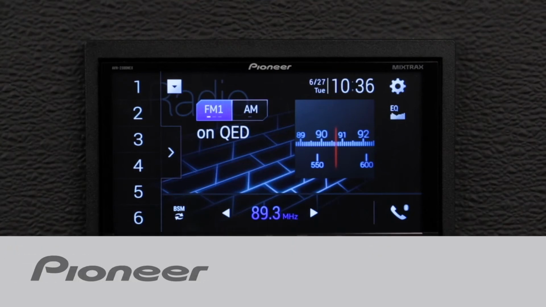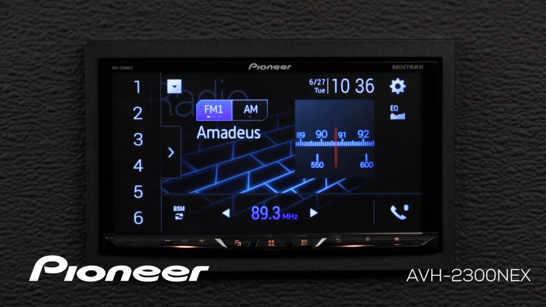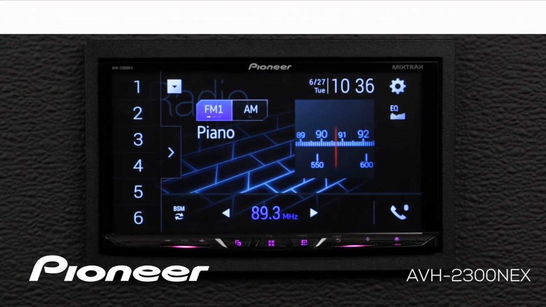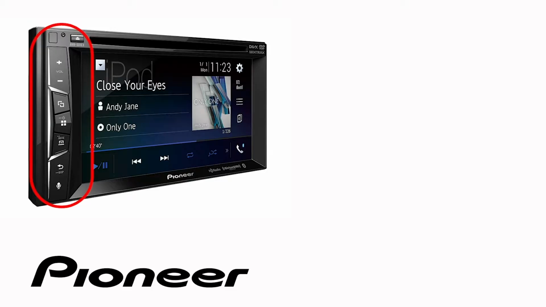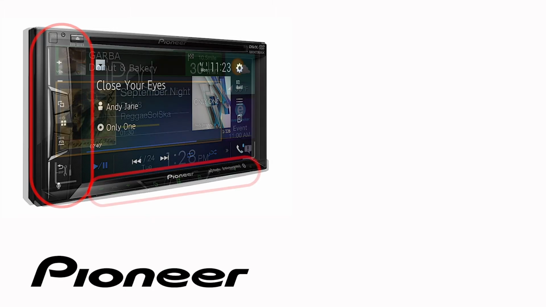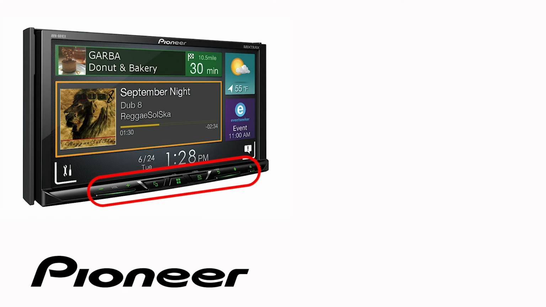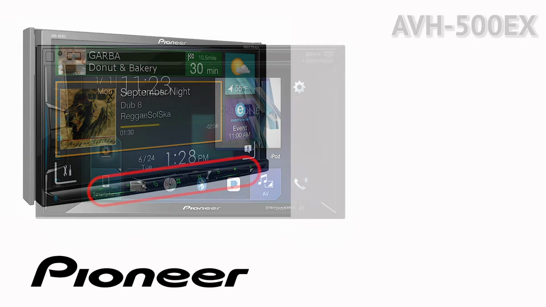Let's take a couple of moments and check out the subwoofer settings when your system is set up in standard mode on your Pioneer EX in-dash receiver. Even though your particular in-dash receiver may have buttons on the side or across the bottom like this one, the on-screen operation in this demonstration is identical for the following Pioneer EX models: